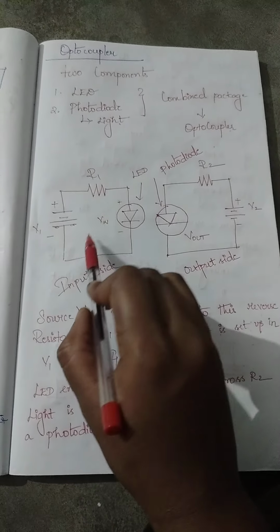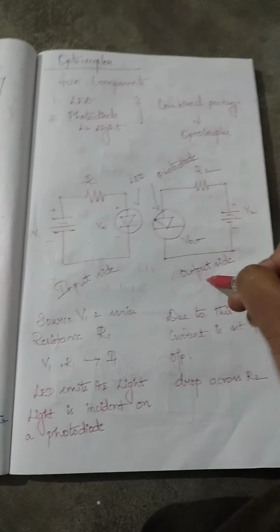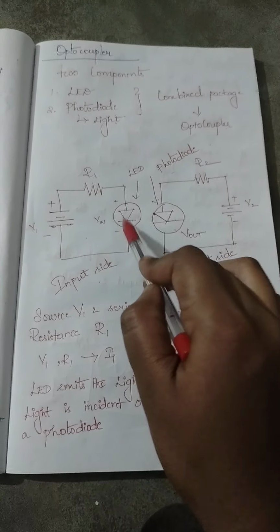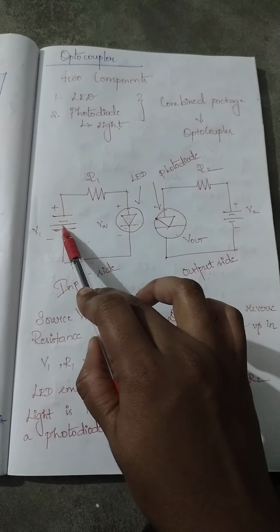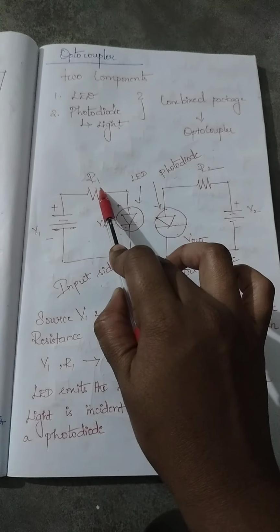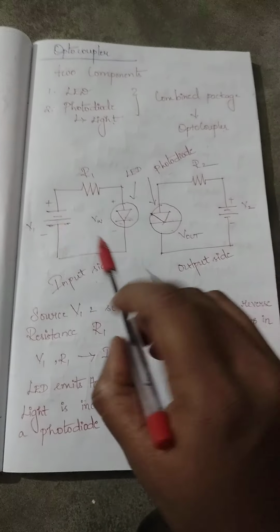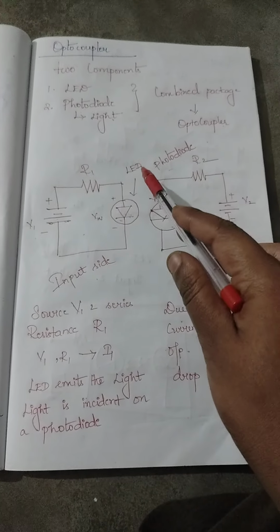See, so you have two circuits. One is your input circuit and another one is your output circuit. In your input circuit you have your LED, and in the output circuit you are going to have your photodiode. Photo is nothing but your light. Suppose I consider this as a load and this is your supply; between every supply and a load you have to connect a resistor. In the same way you have connected a resistor here. This V1 is your input voltage and R1 is your input resistance.